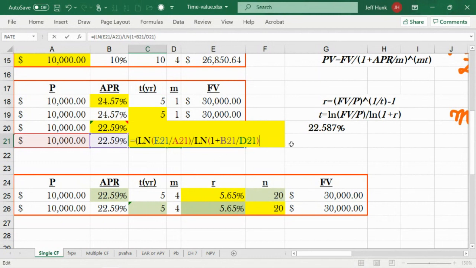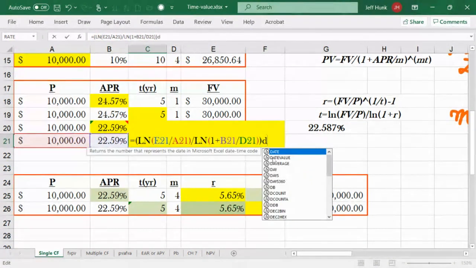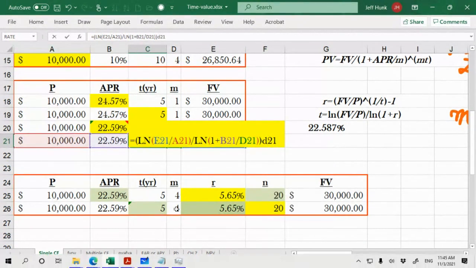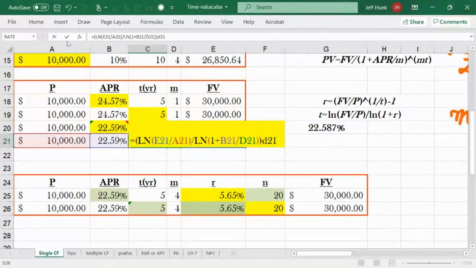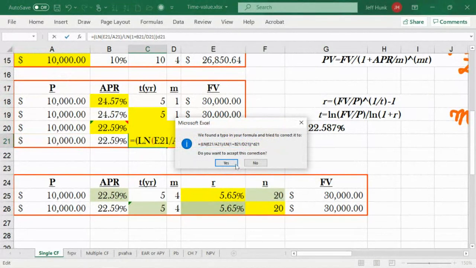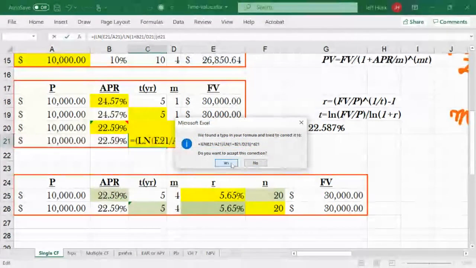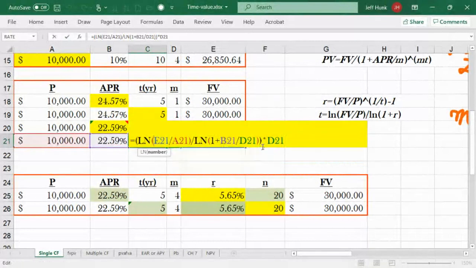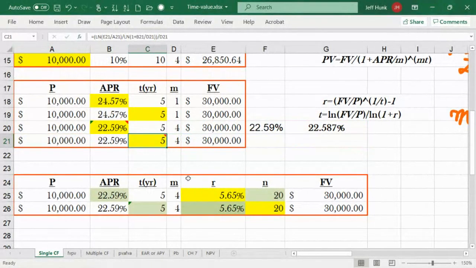You will need to divide quarters by D21, which is 4, and then it will give you what? Oh, divide by D20. And it will give you 5. Okay, so